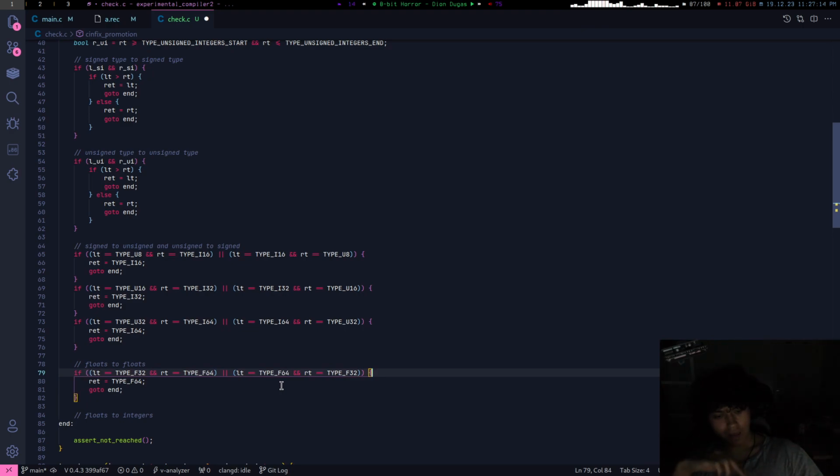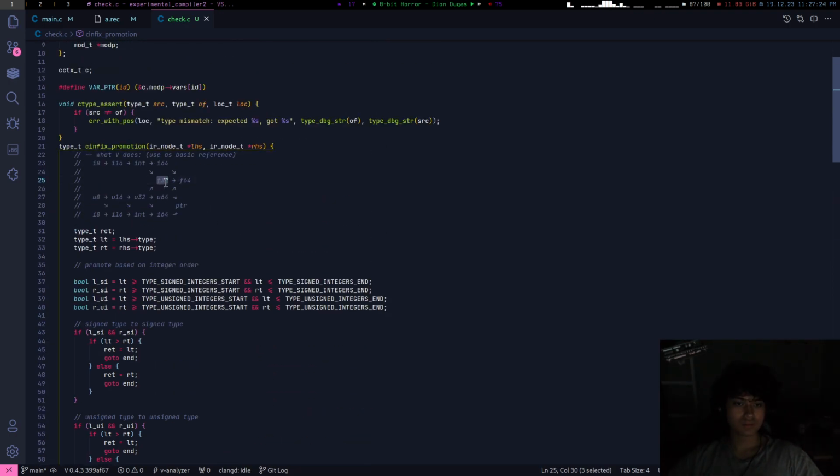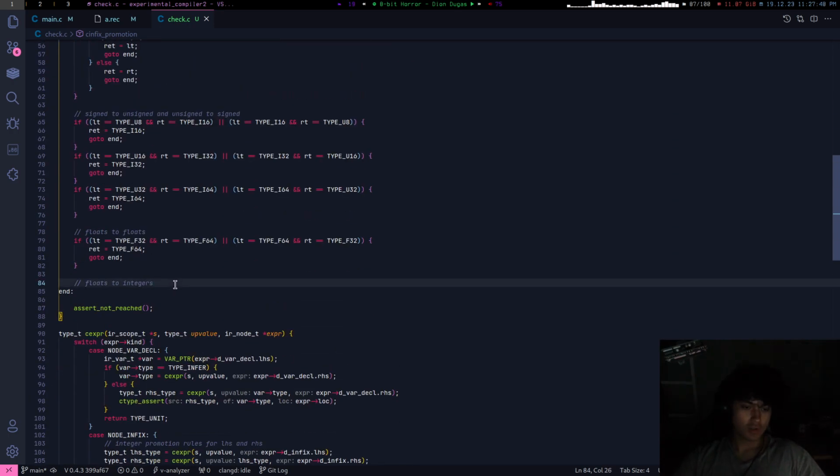You would want to convert the left hand. Yeah, that's right. Okay, that makes sense. This plus this should always go to F64. Okay. And then you'd also want to do integers to floats. So that's one, two, three, four. Okay, floats to integers.